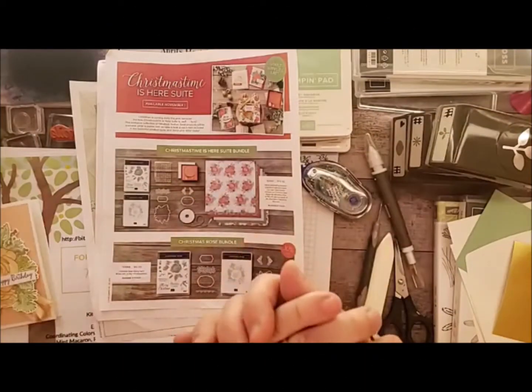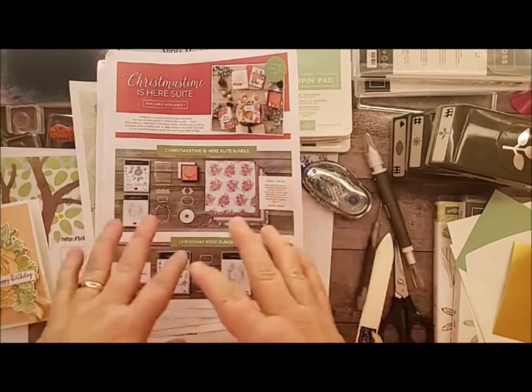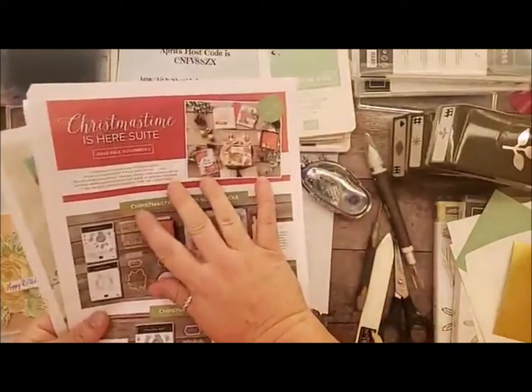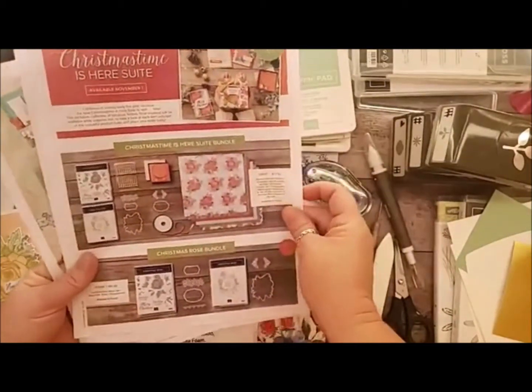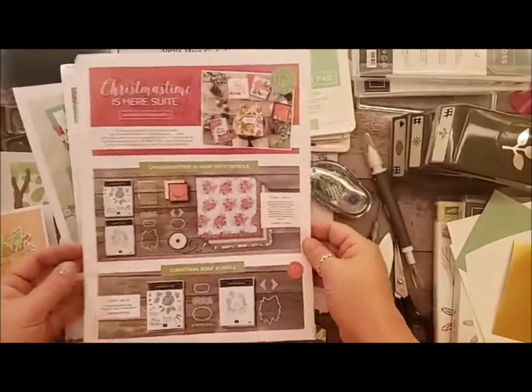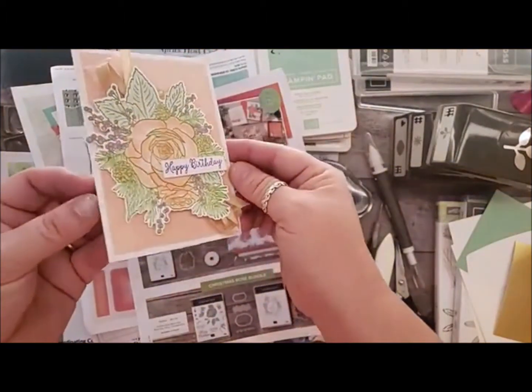Anyway, the coronavirus stuff is continuing, and we are seeing a lot of back orders with Stampin' Up. So I just wanted to remind everybody, if you don't remember, we have this Christmas Time is Here suite. It's still available in my online store. And although it's hard to think about Christmas in April, you can make some gorgeous projects that aren't Christmas with